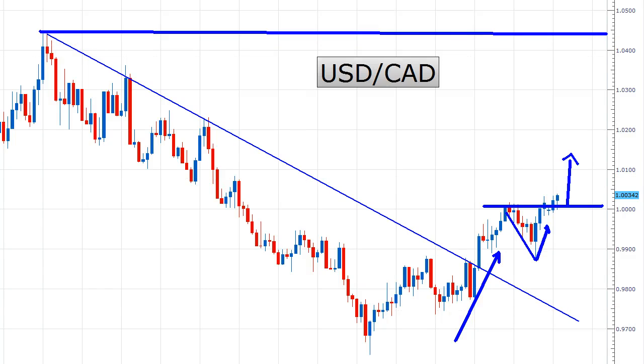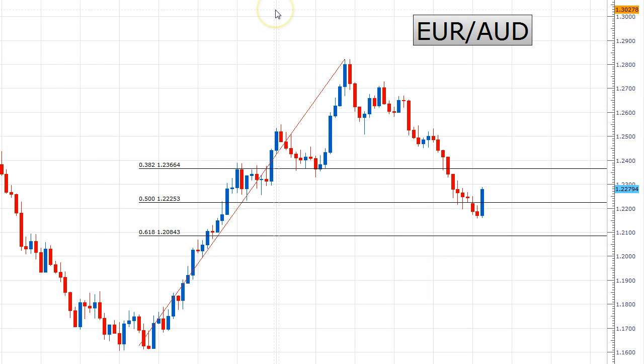Okay, let's check the EUROAUD here. So the EUROAUD, we have a little bit of an interesting situation. The EUROAUD was obviously on an incredible bullish rally here. This was basically from August all the way up toward the end of October. A very, very bullish run where it covered, let me give you a count, about 1,200 pips in that run. So obviously an incredible run for the EUROAUD. That's when the euro was strongest and the AUD was weakest, so this was basically the best pair to get the most bang for your buck on.